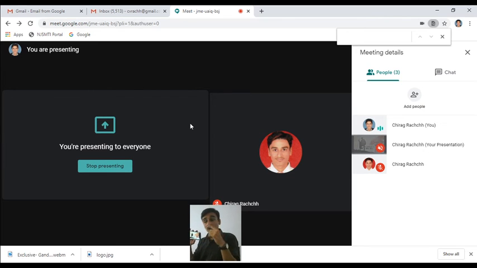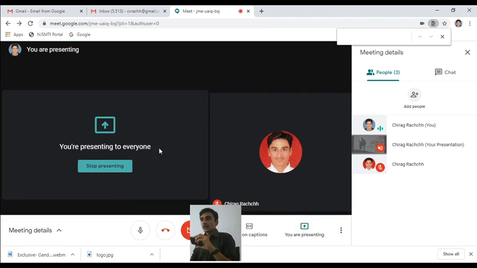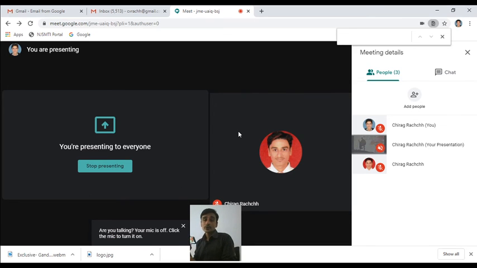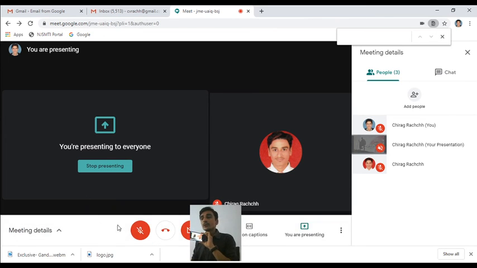As soon as I turned the audio on, the sound is available. Now this audio which the participant is able to hear is captured through stereo mix, which is available inbuilt in Windows 10. For other operating systems, we have to download this software. Let me tell you that for Windows 7 64-bit operating system, the size of this software is 252 MB. You have to download it. Otherwise, it's good if you have this operating system.